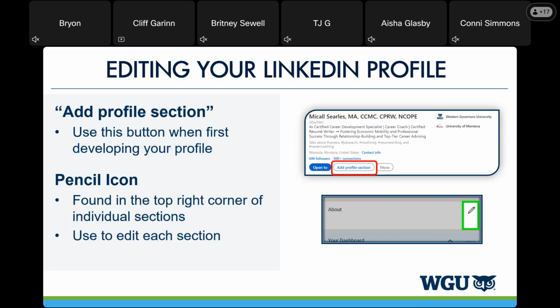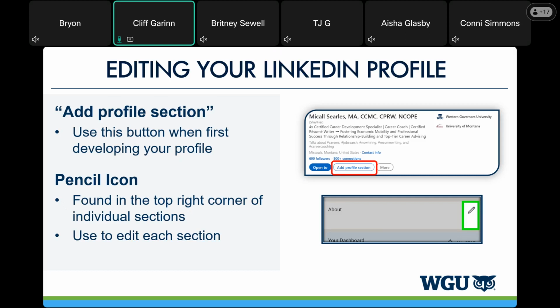Now, with some of the things that you'll find out today, afterward you want to go back and edit your profile. You want to go back and add those hashtags. This is just a quick reminder of how to do it. You can go back to your picture at the top right where it says Me under it. You can click on that. That should open up your settings. You might even find a little pencil. We'll show you where that is. It's here on the screen.